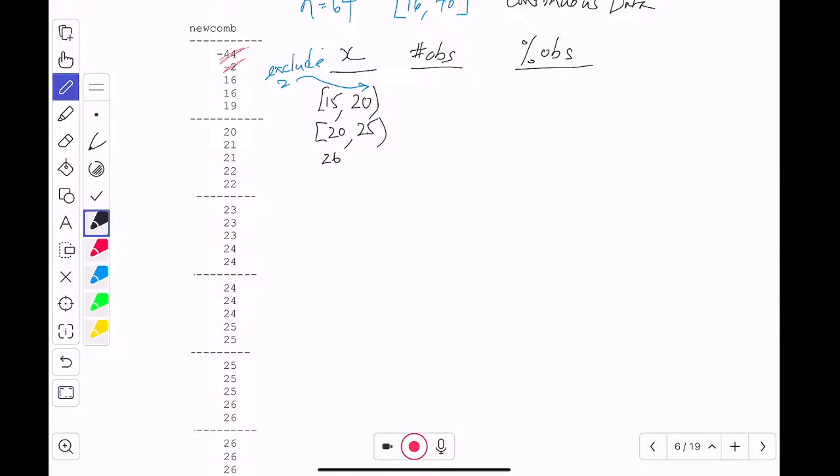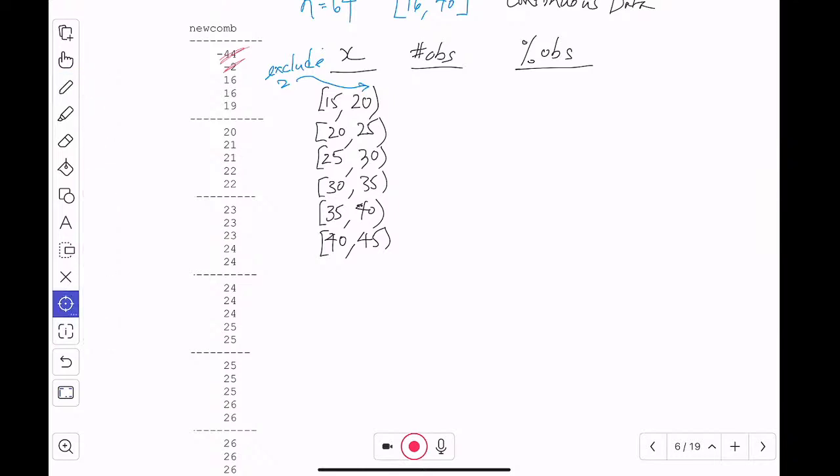no overlap. So rather than putting 26, I'm going to start at 25 and go till 30. And the next one is going to include 30 where the other one didn't until 35, but not including 35. The next one will be 35 up to but not including 40. And the final one where I need 40 because 40 is my last value, I'm going to go till 45. So I have 5 intervals.